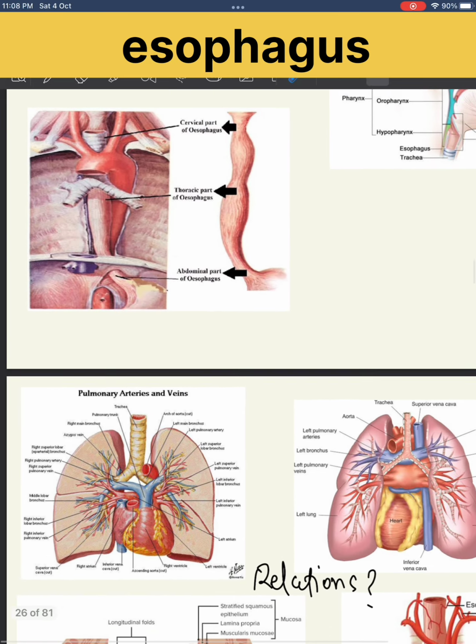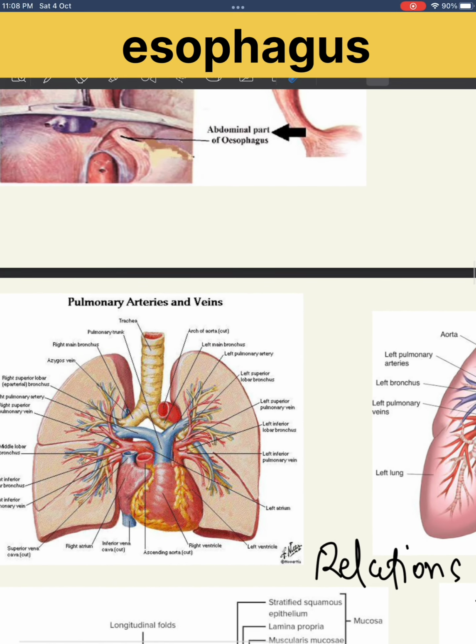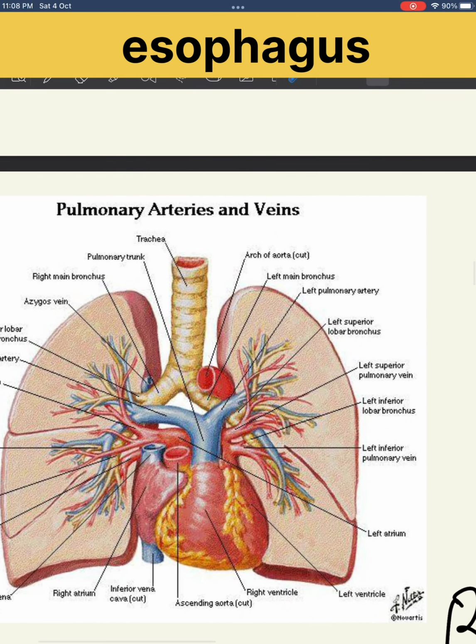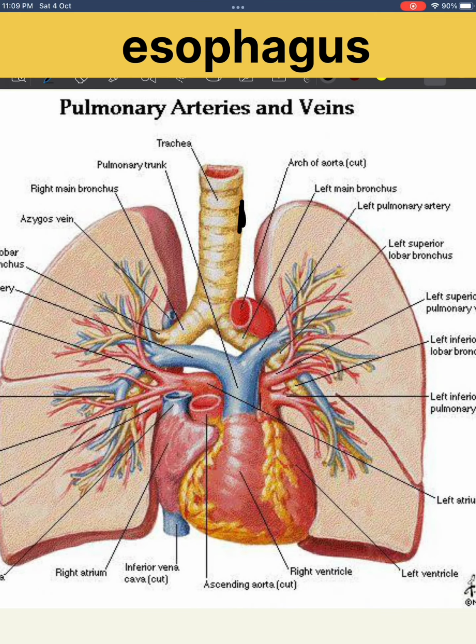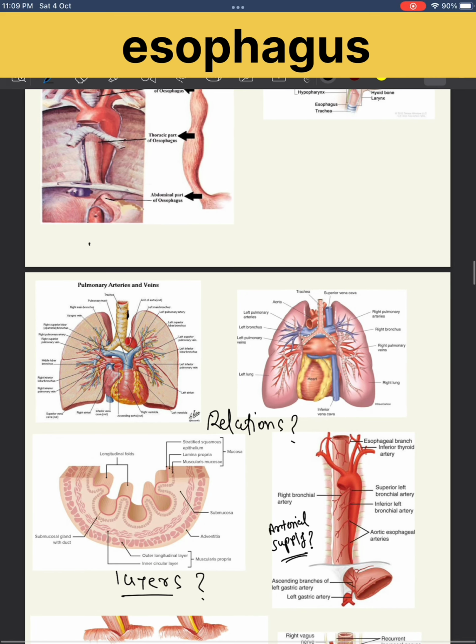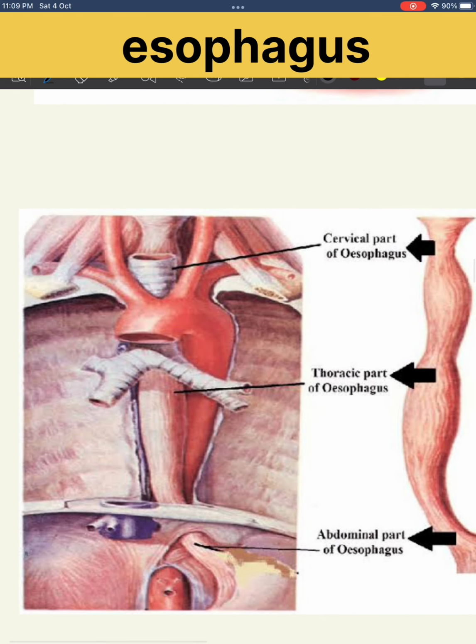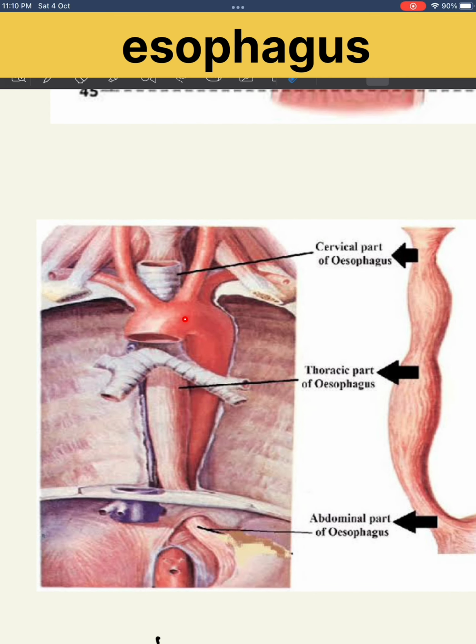So you need to know about structures around esophagus and relations. So this is a perfect diagram, I guess. Esophagus is behind this trachea. Okay. Second constriction is due to this arch of aorta. So let me show you. The second constriction is due to this arch of aorta, which is crossing the esophagus to go behind it, and